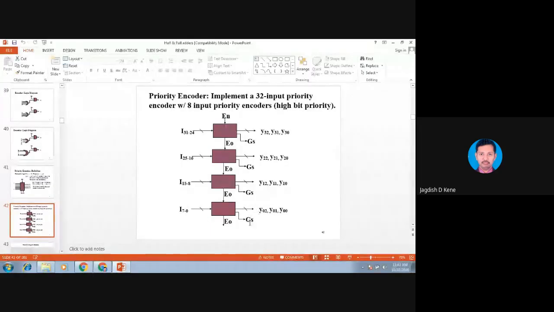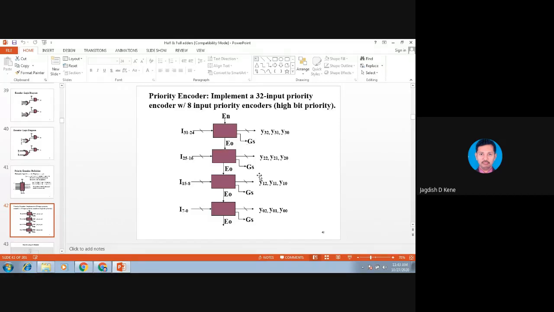So the total bits: suppose the GS is 1 bit. Here the packet is of 4 bits. This packet is also of 4 bits. Likewise, it is not limited to 4. It will be n in number. It may be hundreds of outputs that will be generated. In that case, the size of this GS will change.